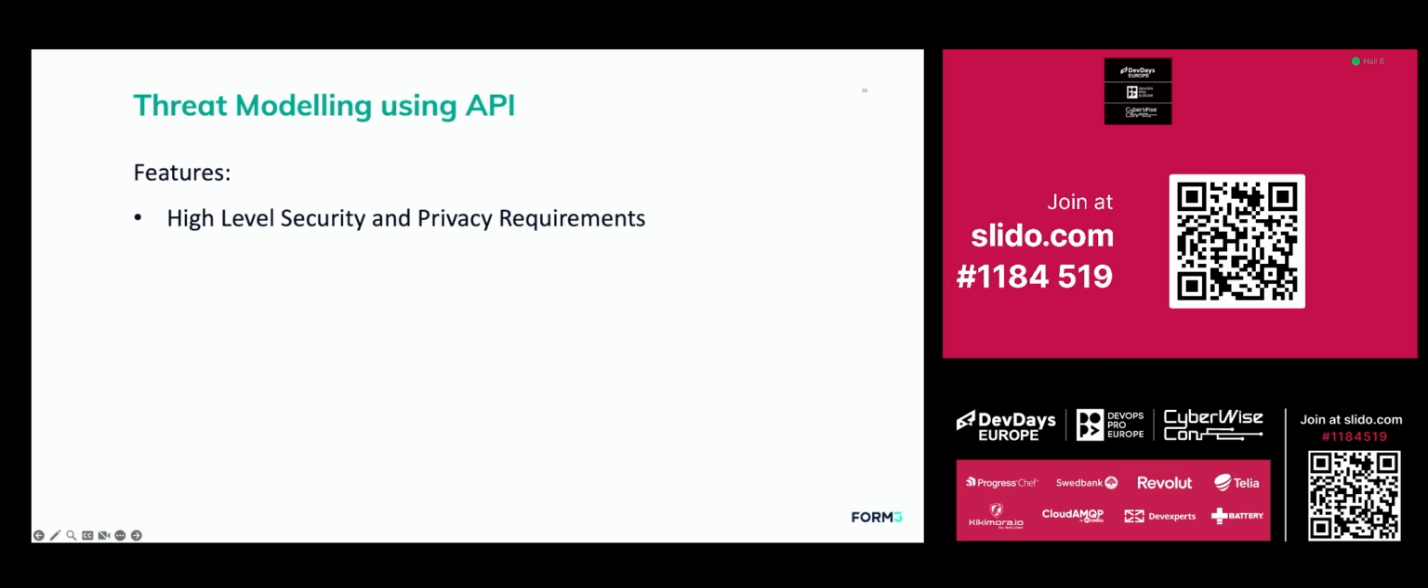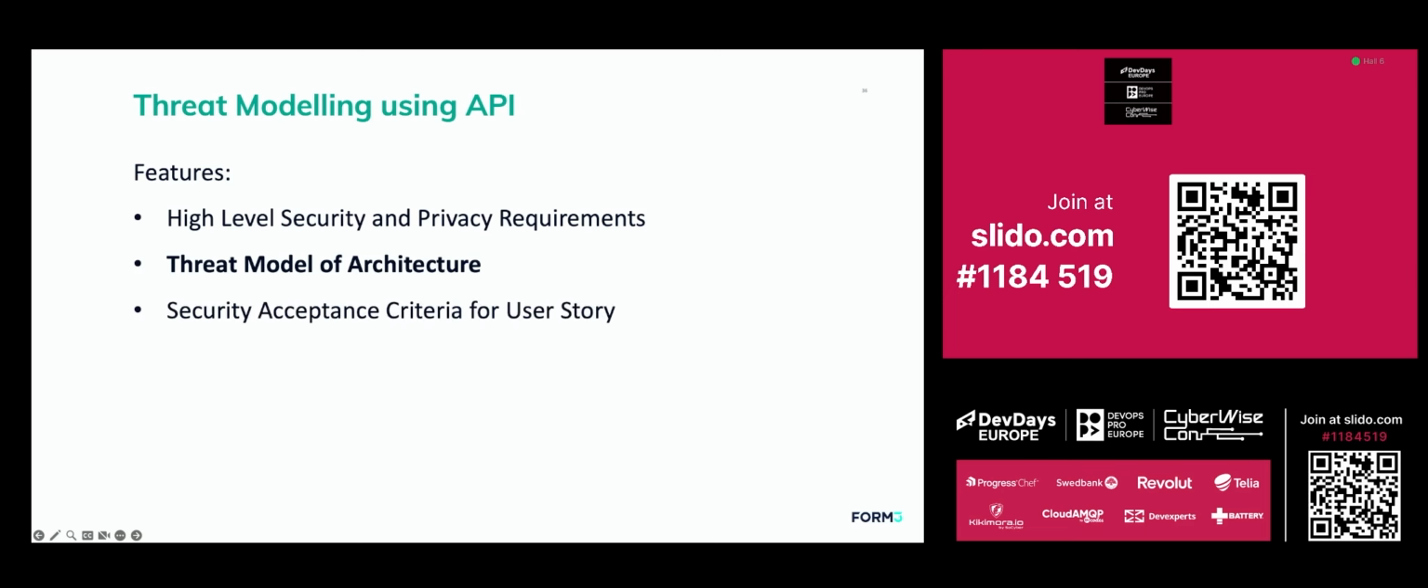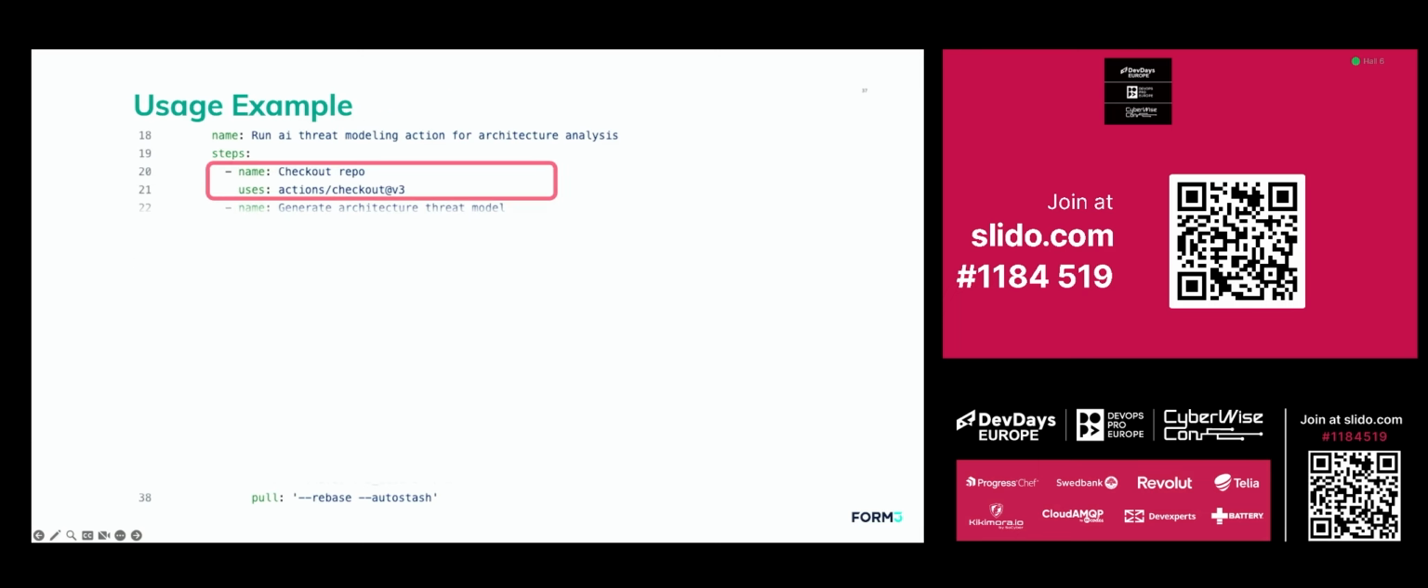The features: there are high-level security and privacy requirements. So this is the prompt, basically. Threat modeling of the architecture, security acceptance criteria for the user story, which is something I'm maybe finding the most interesting for the future, and review of the architecture description. But let's focus on the threat modeling. So how to use it? Yeah, very quickly,